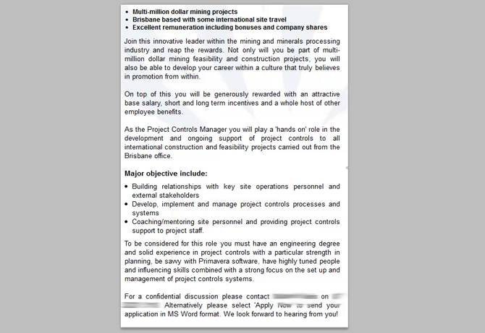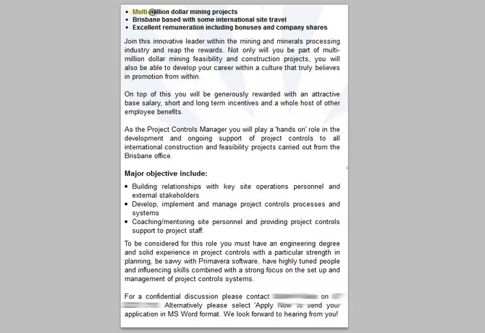Now there's a lot of information in this advertisement that you can use in your selection criteria. What we're going to do now is go through it with a highlighter and look at the key concepts and words that we need to take into account. Alright, so the first thing we need to look at